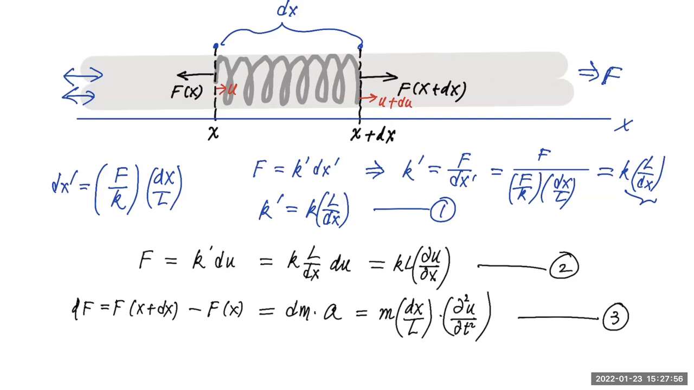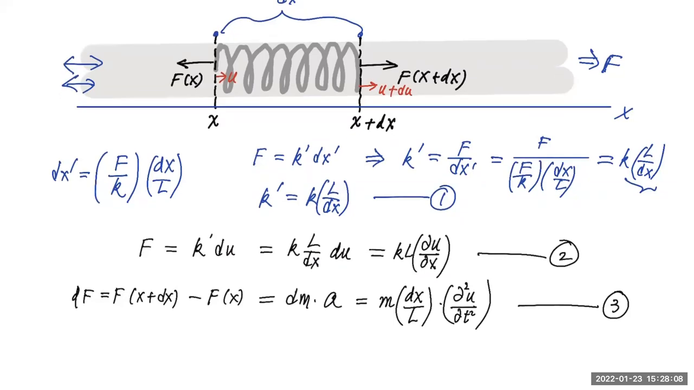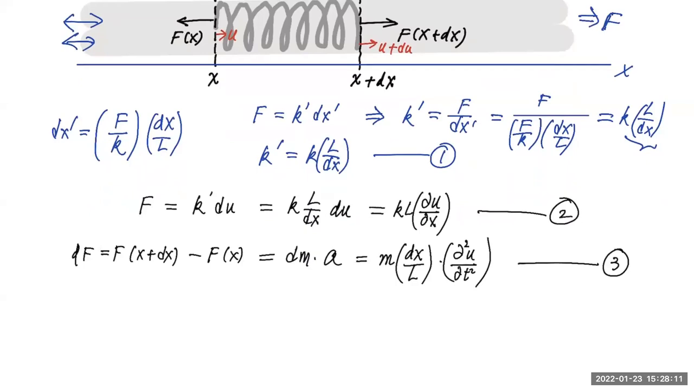Now I need to combine equation number 1, number 2 and number 3. You notice that the left-hand sides of equations number 2 and 3 are not the same. One is F, the other is dF. So what I can do is plug in F from the second equation into here, and then I have to differentiate it in order to find dF. So let me combine them. Instead of dF, I can write d of